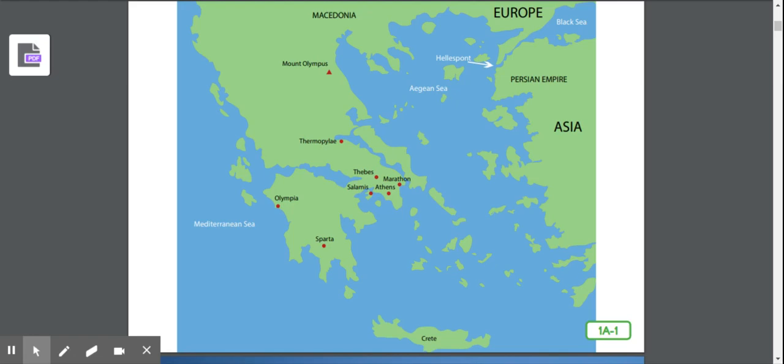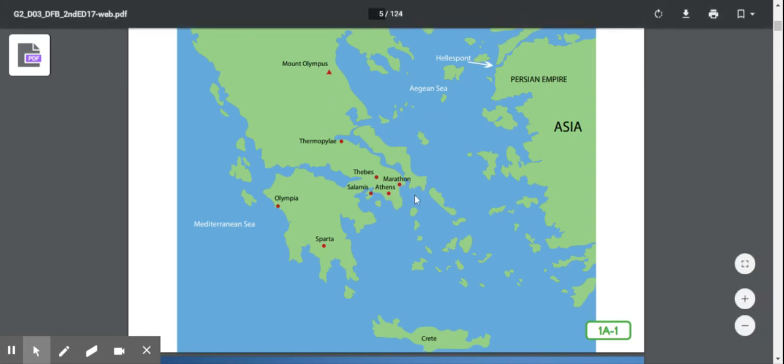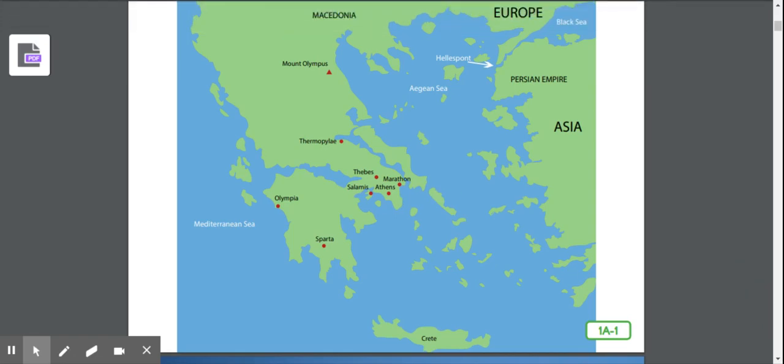So we talked about one thing important to societies, and that would be water. As you can see here, these are dots of different city-states or different cities in ancient Greece, and they're all kind of near water. Now, this water is just a little bit different. We're going to learn here soon how their land is a little bit different as well.